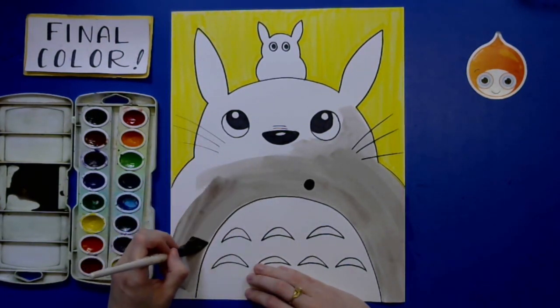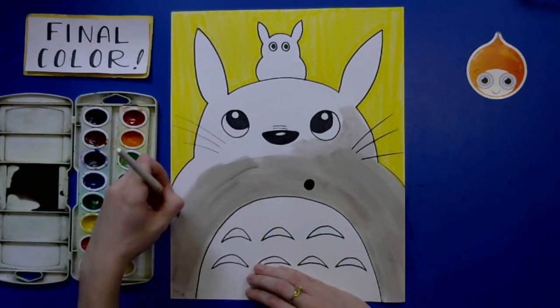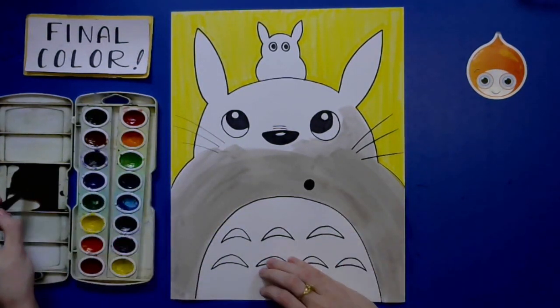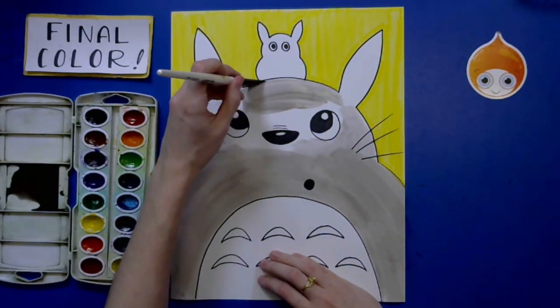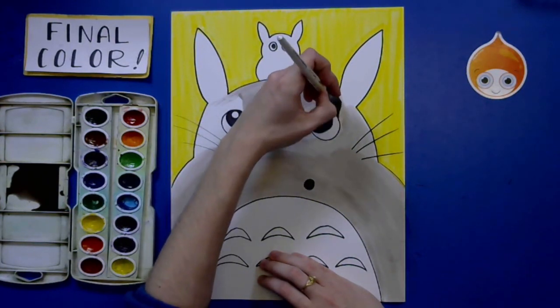All right, so what we're doing right now is technically called a watercolor wash. Now we're obviously not washing anything like a dish. Instead, what we're doing is we're kind of washing the paper, so to speak, with this color. We're trying to cover a huge area with gray. Of course, be careful